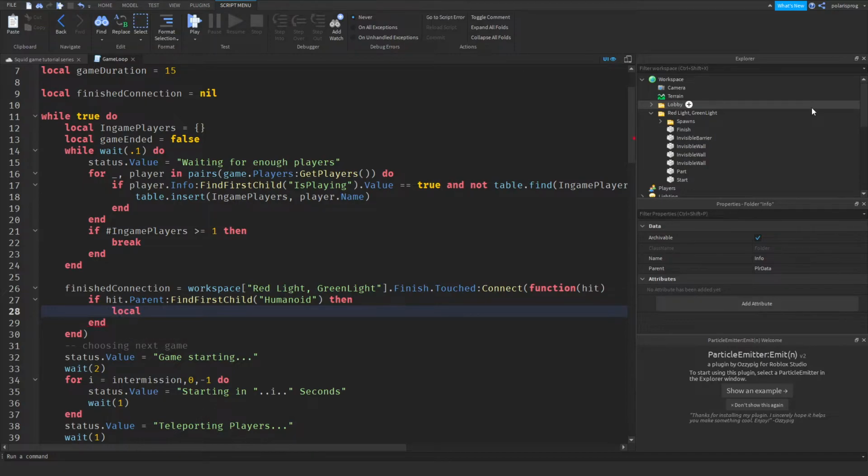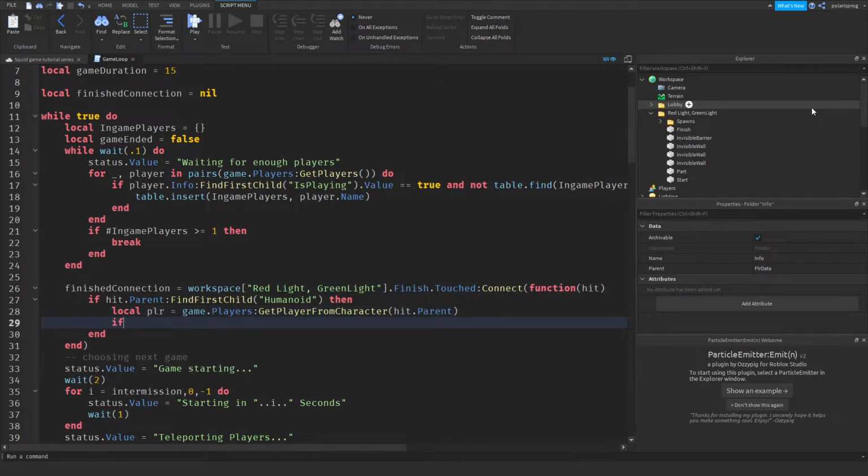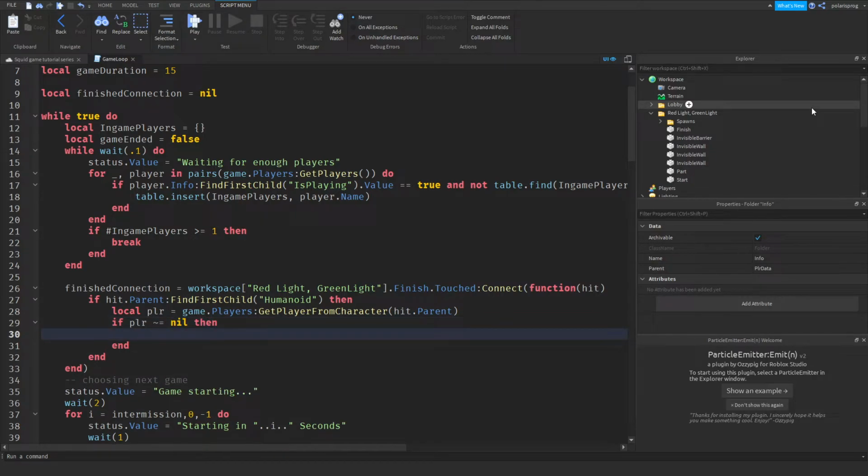We're gonna create a variable local plr is equal to players or game.players get player from character hit.parent, and we're gonna check if the player is not equal to 0. If plr is not equal to 0, then if plr.info find first child is playing.value is equal to true, then